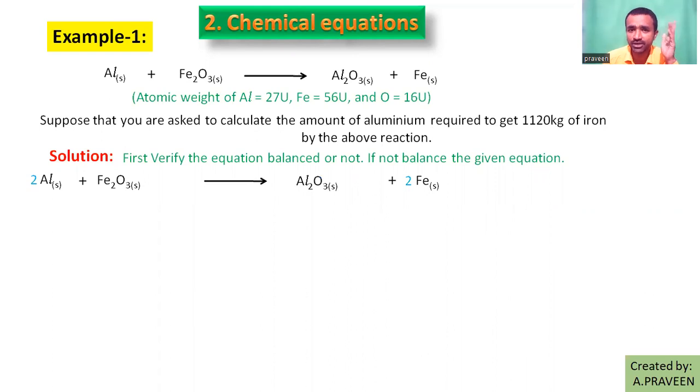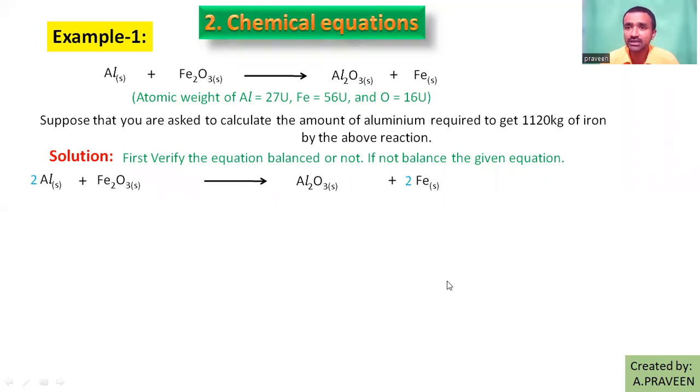2 aluminiums on the left side, 2 aluminiums on the right side. 2 iron atoms, 2 iron atoms. 3 oxygens, 3 oxygens. Okay, balanced. Then what to do? The first step, verification of the given equation, is completed. After completion of balancing the equation,